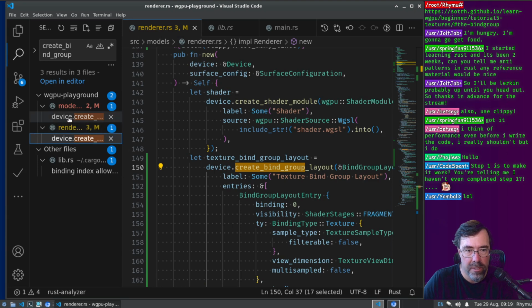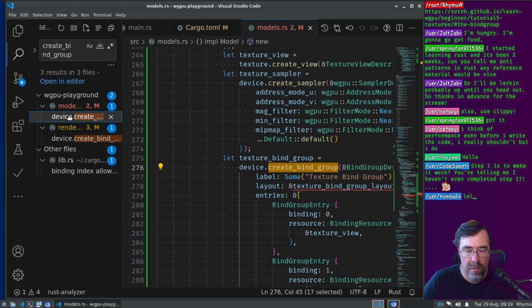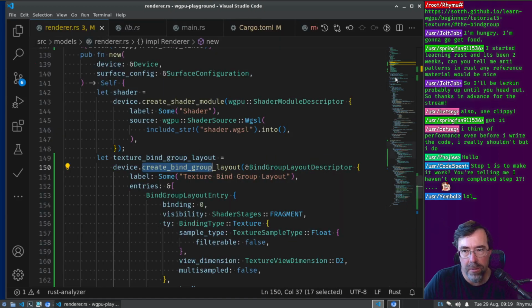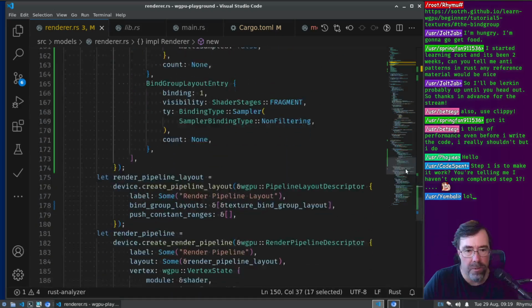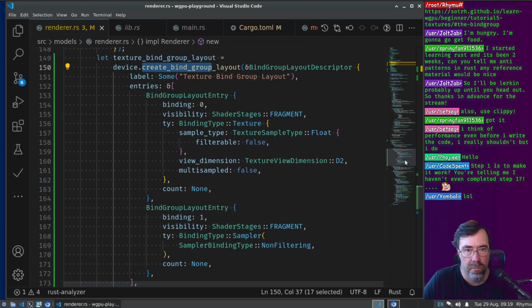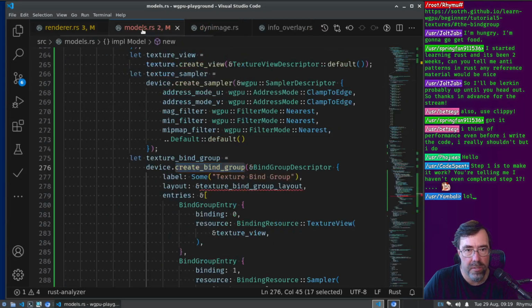That's where I created it. That's where I need it. And I'm not doing it anywhere else. Okay, then how does this work? Close some other unrelated things. So